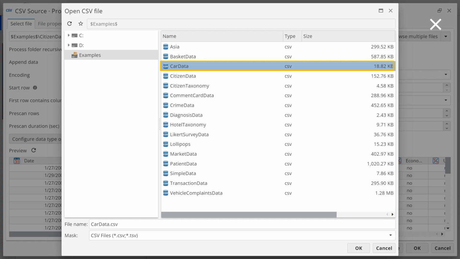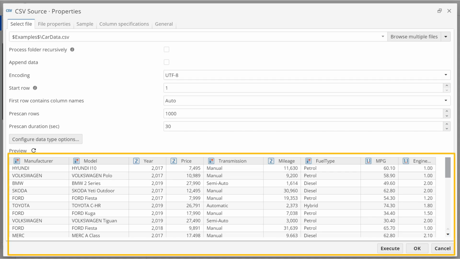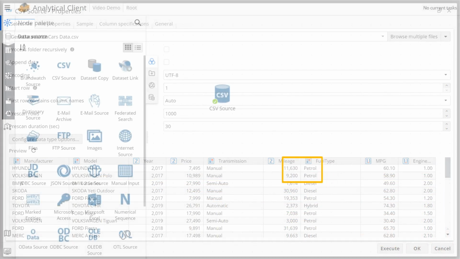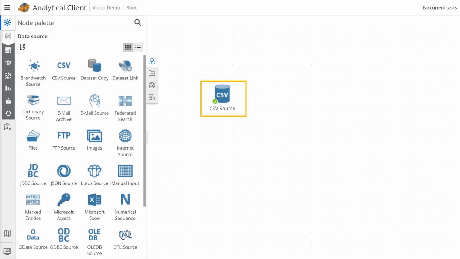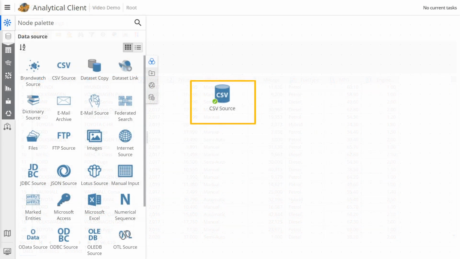For the purpose of this demonstration, we will choose CAR Data as our dataset. PolyAnalyst's preview function stands out here. Ensuring everything is in order, you may then proceed with the execution process. Now the data is ready. Double-clicking the node allows for an in-depth view of the data specifics. This CAR data includes details on prices, brands, and other essential attributes such as mileage, engine type. After confirming the data's accuracy, close the current interface to return to the main screen.